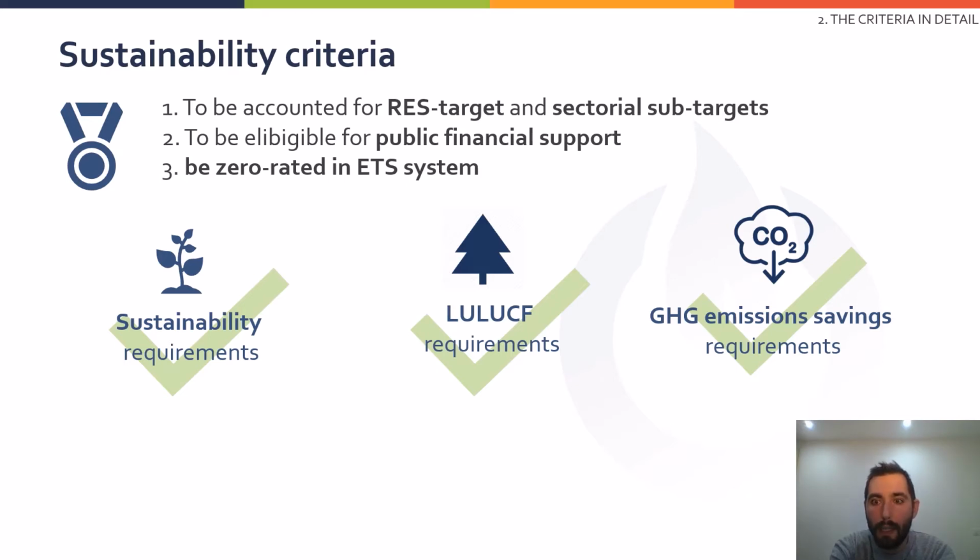Then eligible to public support as a renewable source, and be considered zero for the EU ETS. So the EU ETS is the emission trading system in the EU. For those who don't know, it covers mostly industry and energy generation, and it's a market mechanism for giving a price to the emission that then can be traded. Once the source of energy is considered renewable, it's exempted because it doesn't have any carbon contribution to the